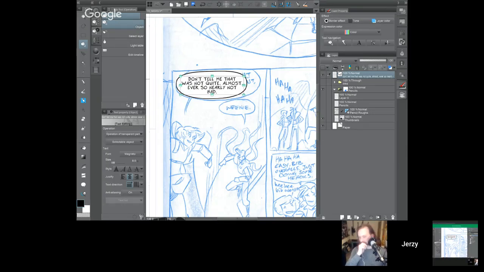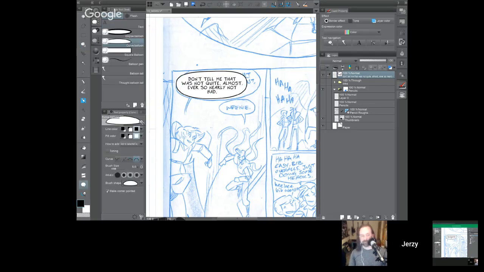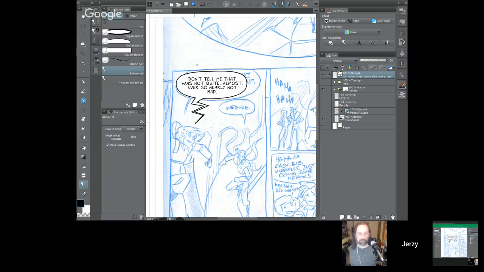So once I've got the balloon drawn, now it's time to go back to my word balloon submenus, and in here there's balloon tail. When you click on balloon tail in the tool property menu underneath, you have a couple different options. You could do a straight line tail where you just click and drag to make a tail on the balloon. You can do a polyline, which is if you want to do like a radio voice kind of thing. You can click point, and make jagged balloon tails, or you have a spline, which this one I click once, and I start to make a curve, and then double click to finish, and I can make a